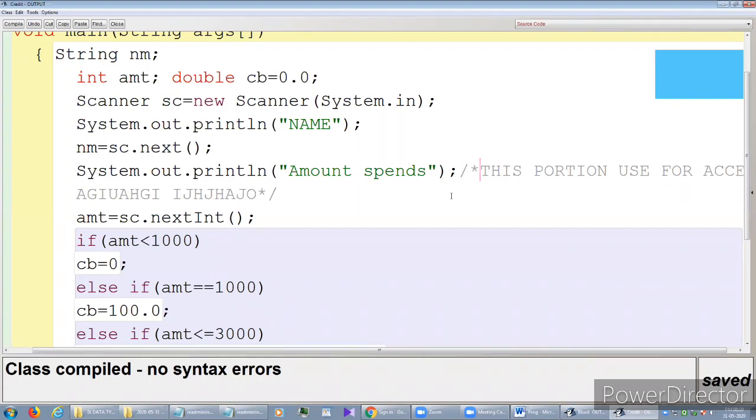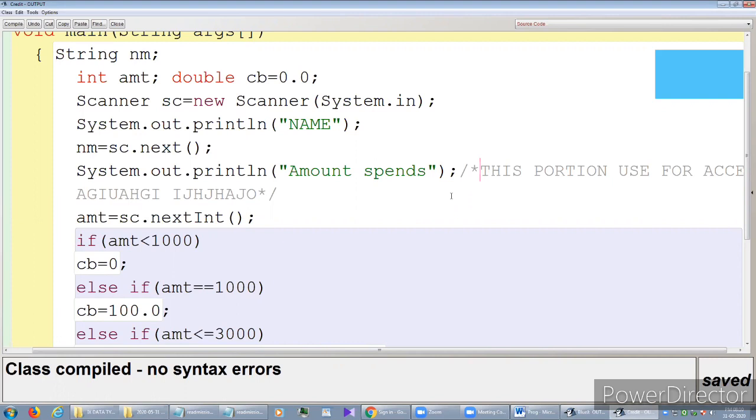So what you have to write: 3 types of comments are there. One is single line comments. Single line comments means the syntax is 2 slashes you have to give. Too many confusing things in front of the learner. That means 2 slashes are there. One is backslash, another one is front slash.